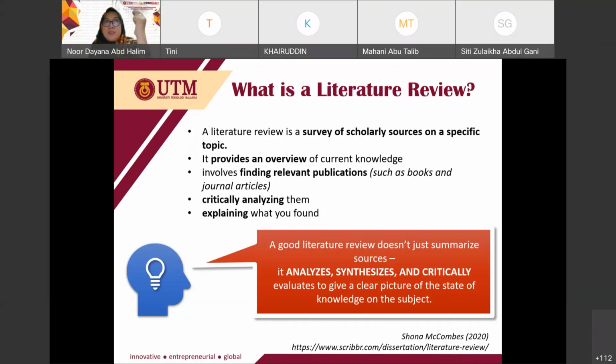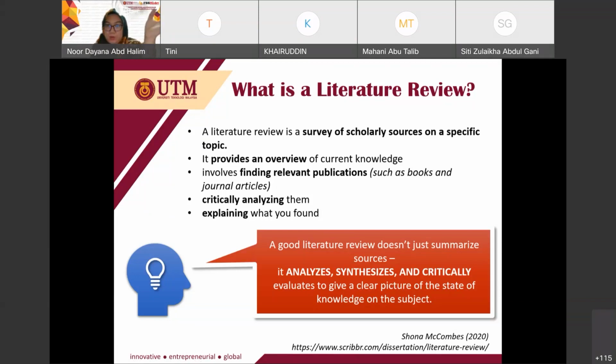So the big challenge faced by our students is that usually chapter 2 will have a higher percentage, maybe above or exceeding 20%, because you copy and paste from the journal for the literature review. That's why the percentage of plagiarism is high. So you need to explain, you need to critically analyze, not just copy and paste